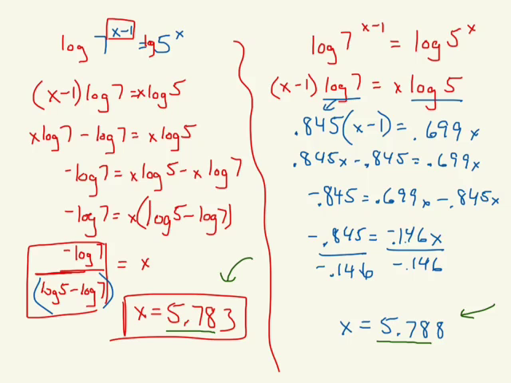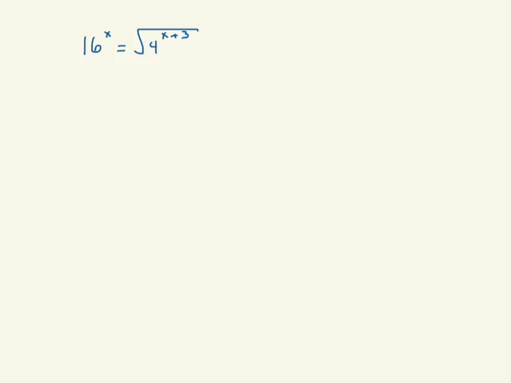And those rounded values are going to have their effect as we multiply and divide. This is the last one I want to look at today, and we're going to look at it in two different ways. Partially because you could already do this one without our common logs, without logarithms at all, as a matter of fact. You could take the 16 and you could say, hey, that's a 4 squared to the x power. You can take the square root and say, hey, that's a